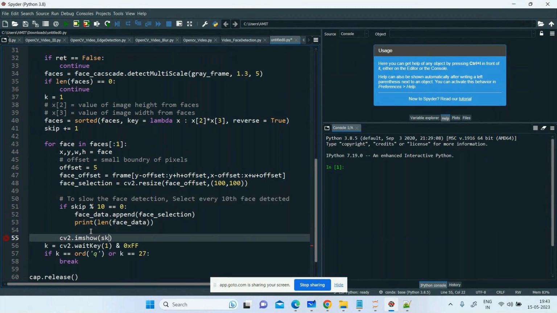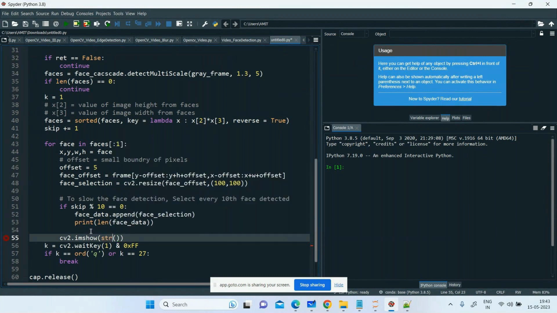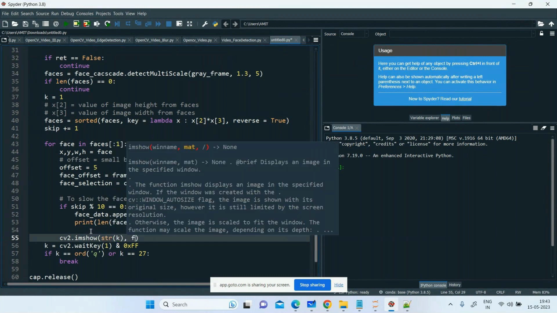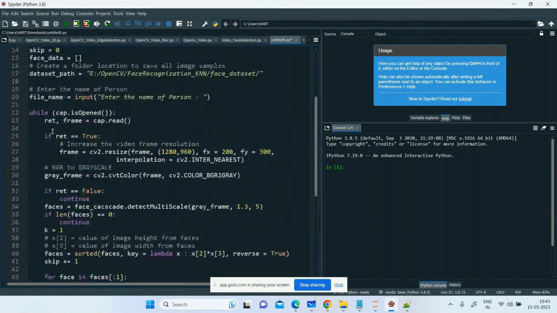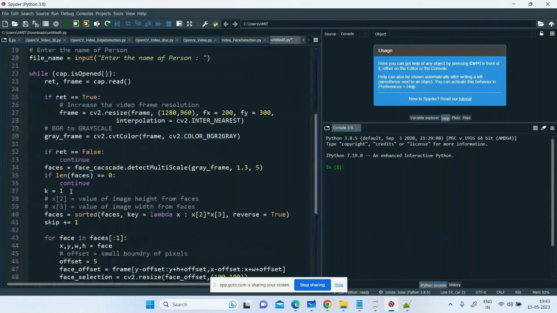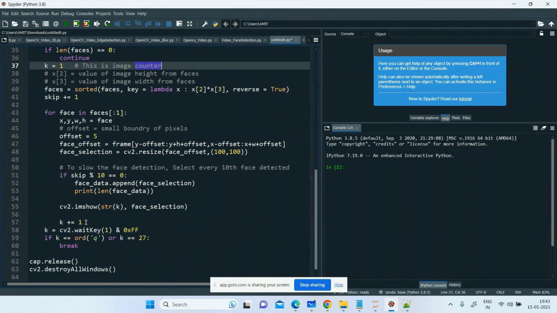cv2.imshow. On the images, we wanted to display the number of faces that have been detected, and the face selection part. Increase the k value, acting like a counter here. Originally my k was stored as 1, which is for the first image. Basically, you can write it as a counter value. Now, after doing all this,